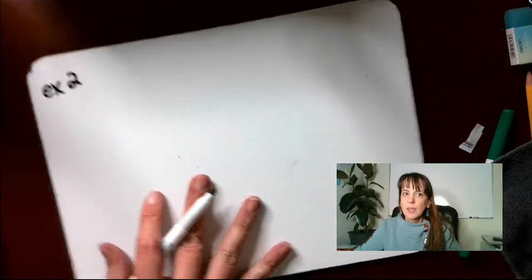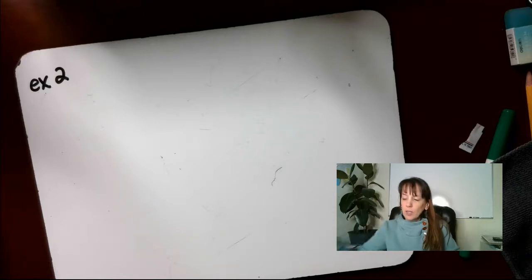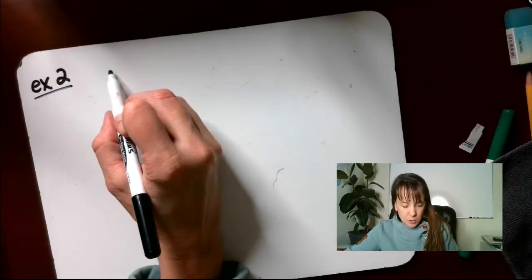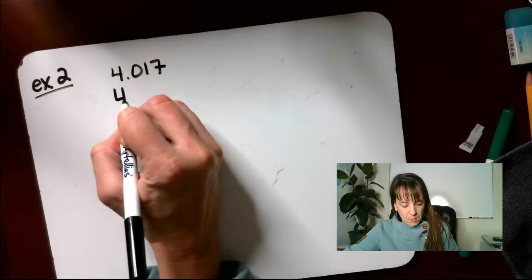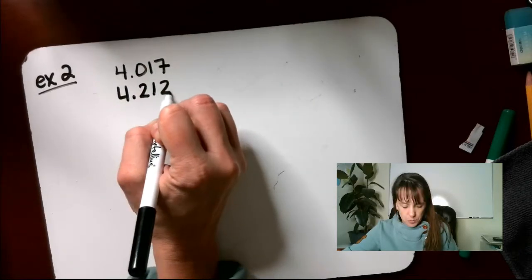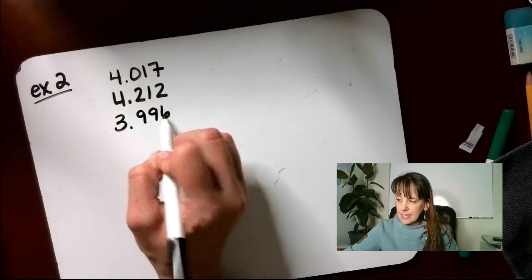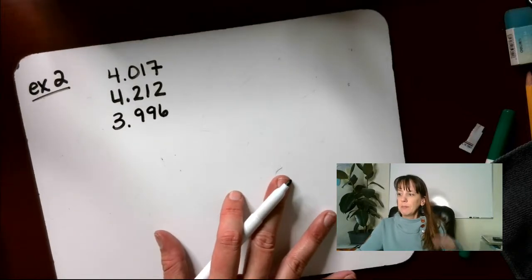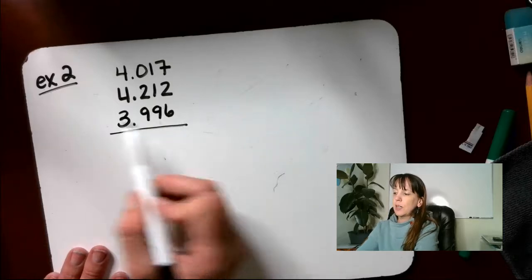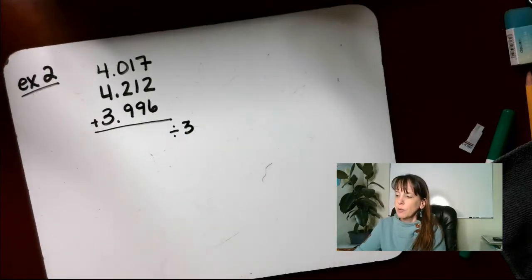Example 2. For this practice problem, it says when the boys measured the distance 3 times, they got 3 different answers. If the measurements were 4.017, 4.212, and 3.996, all of those are meters, what was the mean of the 3 measurements? Mean is add those all up, and then we divide by 3 because there are 3 numbers. So if we add all those up,